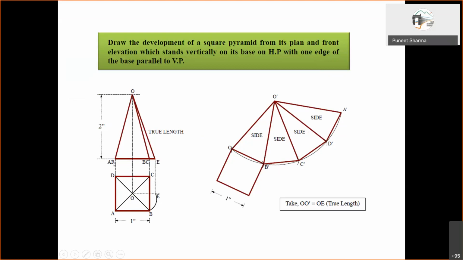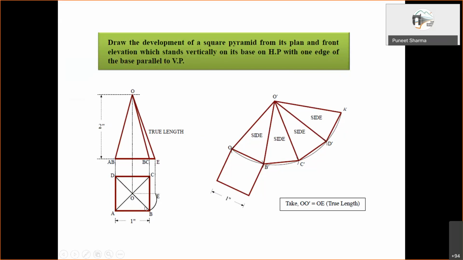This is D. This is an image I won't be able to change, so sorry about that. But you see, this is OA, this is OD, so both are coincident. So this triangular face OAD is shown here, and this OCB is shown here, again coincident. None of these is giving the true length. But when we have to draw this sector, the distance from O dash up to A dash has to be the true length. So that is what is obtained in this.